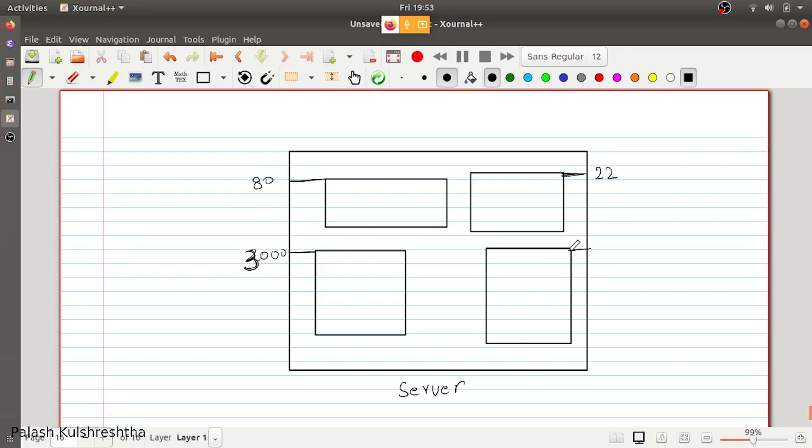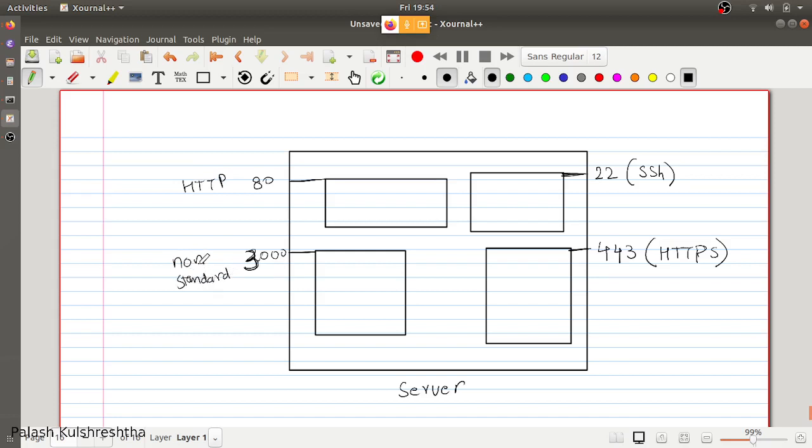This process is running on port, let's say, 443. This is the port for SSH connection. This is the port for HTTPS connection. This is the port for HTTP connection, and this is a non-standard port.